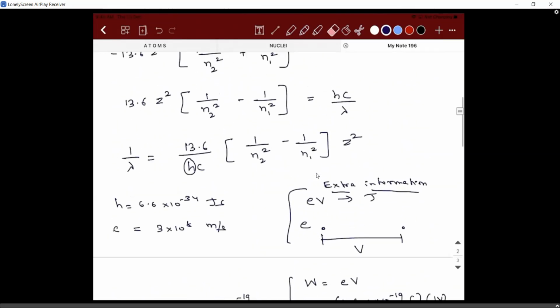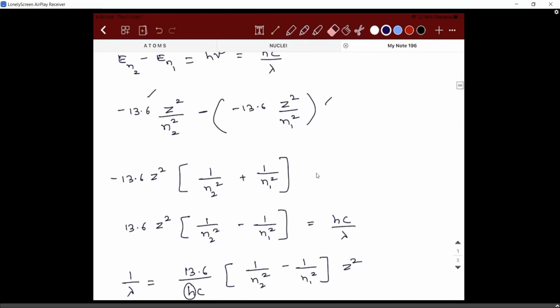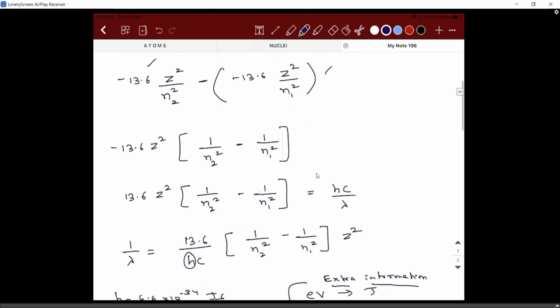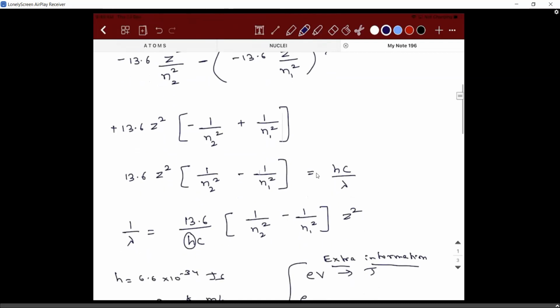No, no, we made a mathematical mistake. It is minus 13.6 into Z square divided by N square, right? I took minus 13.6 outside. Then this should have been left as positive only, because now if you multiply, you get minus 13.6 into Z square divided by N square, and this should have been a minus sign. So please change this. This I wrote as minus, this we wrote as plus, correct? Now we'll make this as plus.